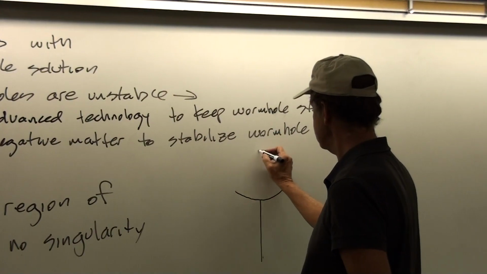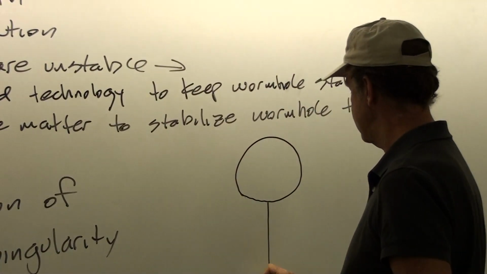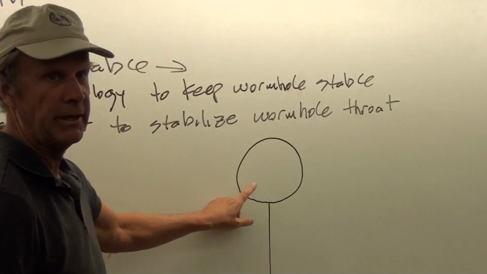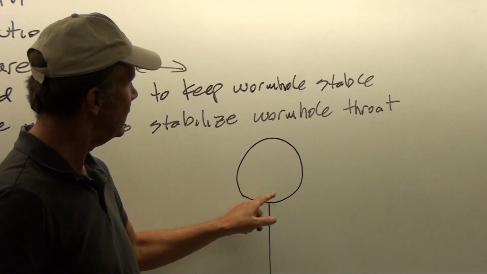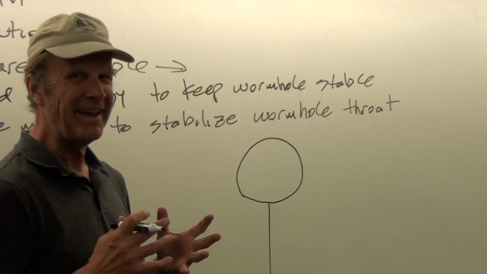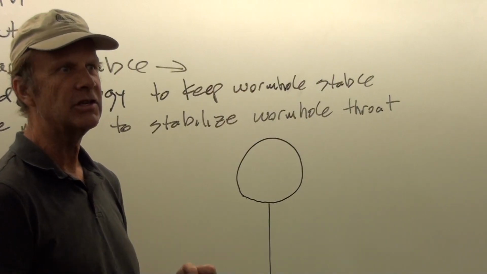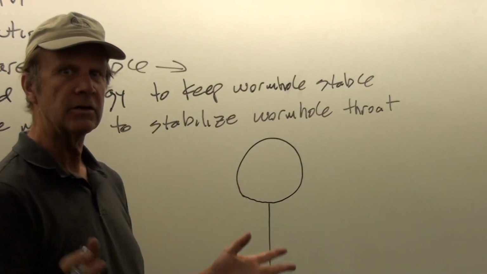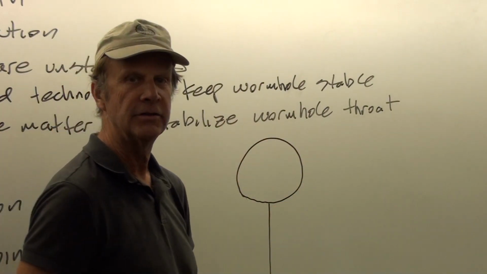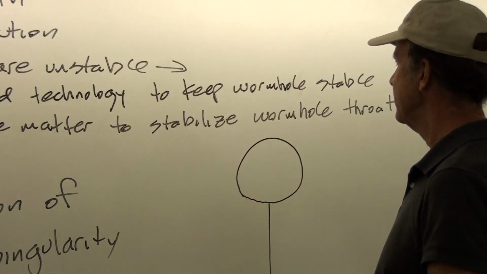Okay? And so just to give you an idea of why we would need an advanced technology to do this, let's just imagine for a moment an analogous kind of an unstable system. Here, we'll put a bowling ball on the head of a pin. Okay, now theoretically, you might be able to balance that bowling ball on the head of a pin. But the slightest instability, even somebody opening the door, a little bit of vibration, or a slight wind current from the air conditioner turning on would be enough to cause that bowling ball to destabilize and start tipping in one direction or another.